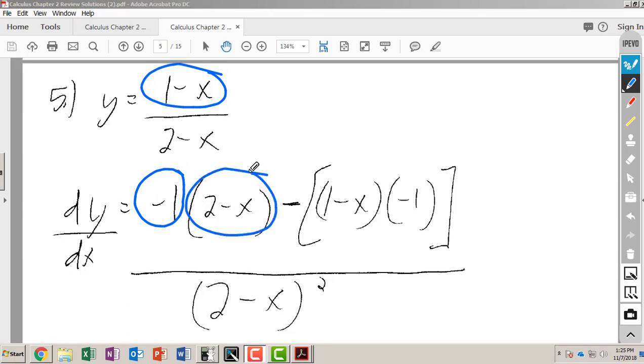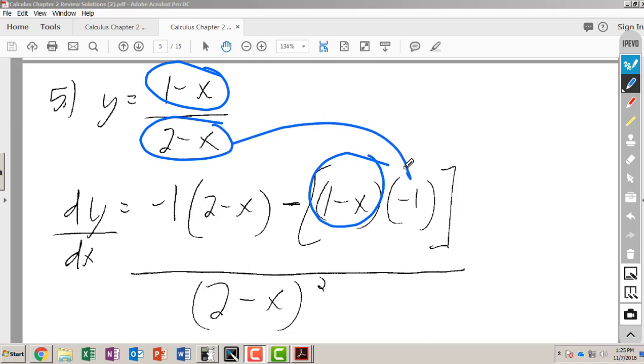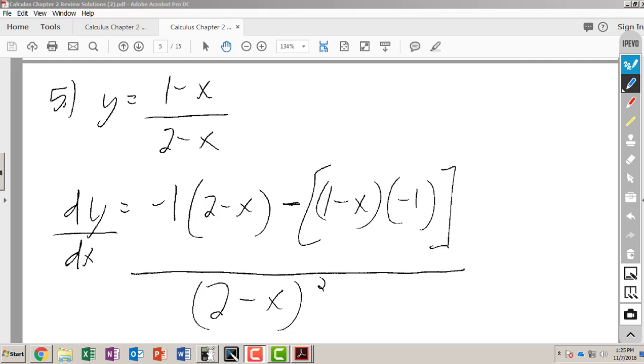So then next comes my minus sign. And then it says that I'm going to leave my numerator the same. So here's my numerator, it's 1 minus x, times the derivative of the denominator, which is negative 1. And then that is all over the denominator squared. So here's my denominator squared. Okay, now that I'm done with my calculus, following my quotient rule,